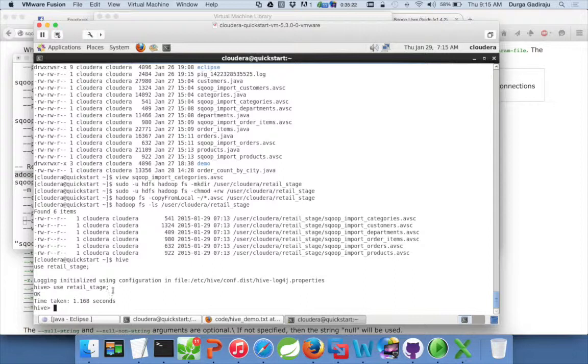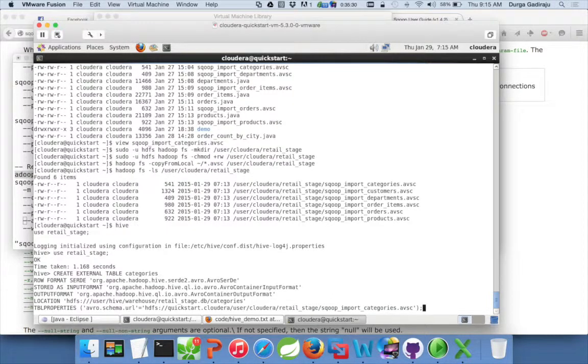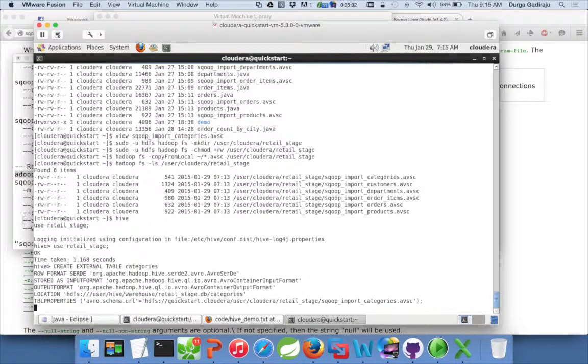Okay, now I am in the retail stage database. Now I can paste the create table query command and hit enter.